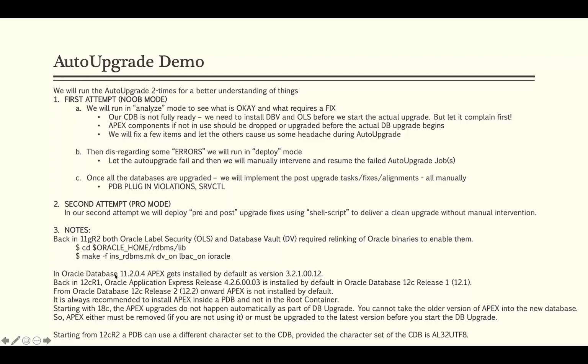Now in Oracle database 11.2.0.4, the Apex components that get installed were of version 3.2.1, and starting from 12c release 1, the Apex schema that comes pre-bundled with your database, especially if you have built a database using DBCA, using one of the templates such as the general purpose database template, would be of version 4.2.6. Now from Oracle